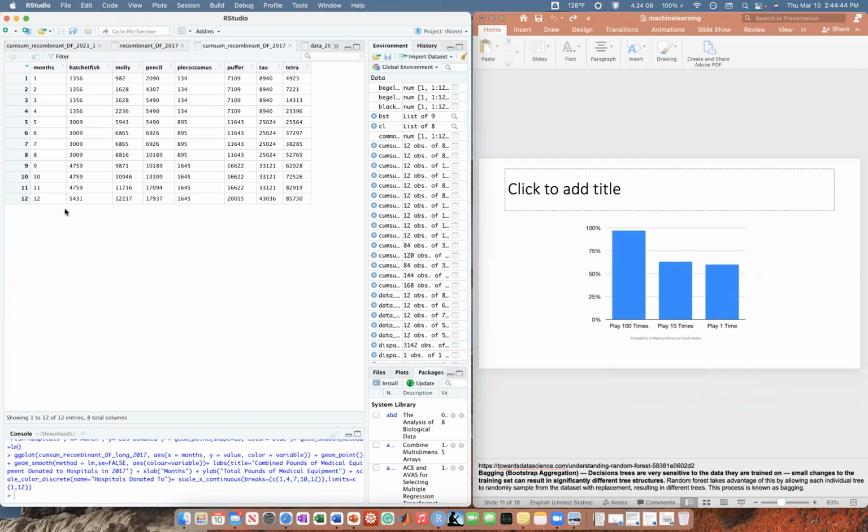We're going to say, hey, random forest, I'm giving you 5 months: Hatchet Fish Hospitals, weird name, gave 3,000, MedWish gave 3,009, and we left pufferfish, tau, and tetra blank. How much would you predict they have? And the machine will go, okay, and predict it.